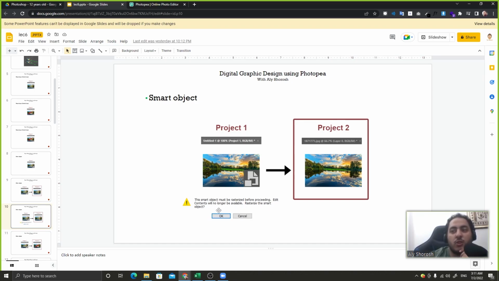edit contents will no longer be available. Which contents? The contents of the project, because he knows that the smart object is a project on its own, so it can have many layers. So this is the content of the smart object, which I can't edit anymore if I change the smart object